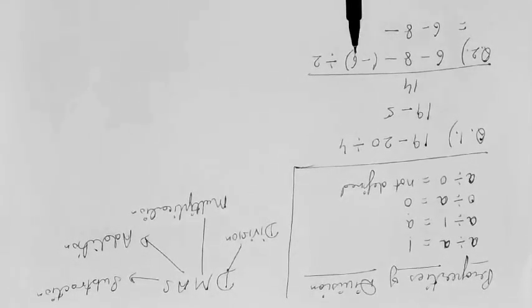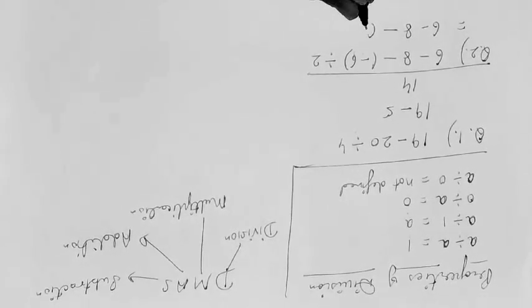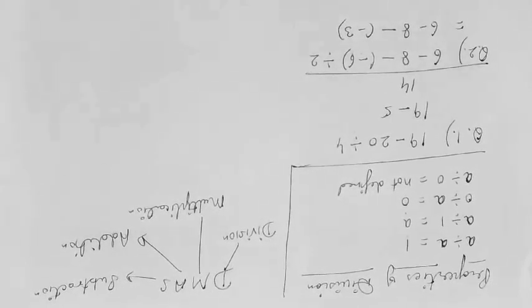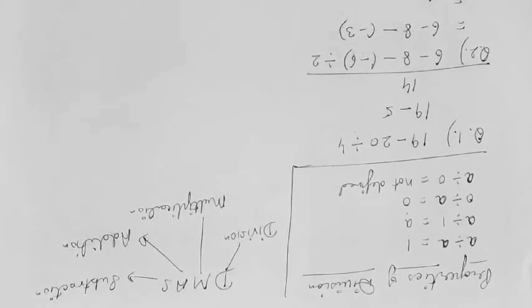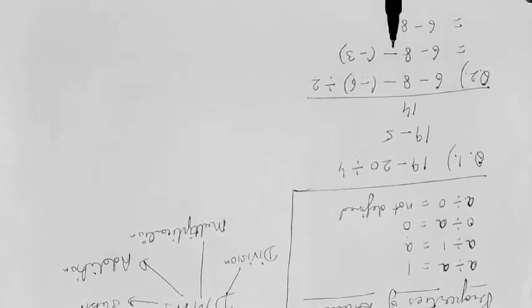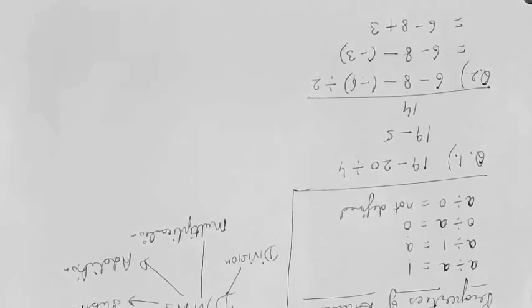Now I am dividing minus 6 by 2. So 2 3s is 6. One number is negative, the other is positive. So we will have a negative sign with the quotient. Now this bracket is to be opened to know the exact sign of 3. Whenever we have two negative signs together, minus minus, it makes the sign positive. So we have plus 3.